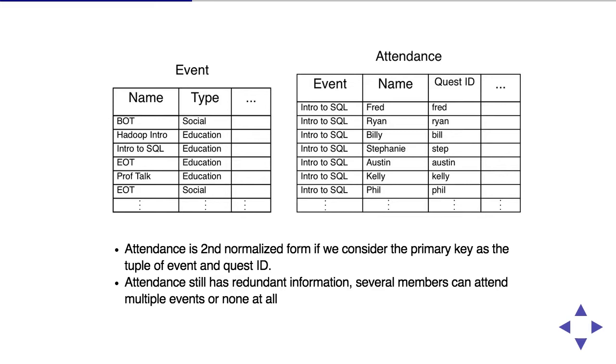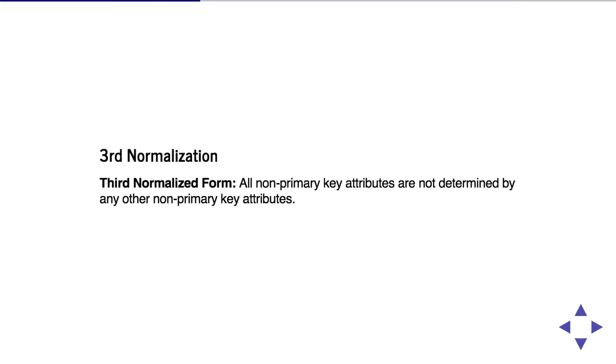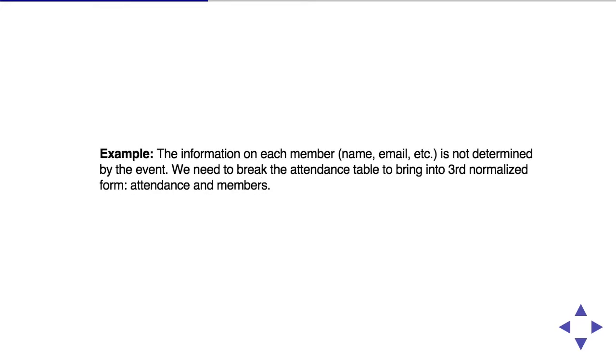Attendance is now in second normalized form, and we consider the primary key as the tuple. It still has redundant information, but we're going to take that to third normalized form, where all non-primary key attributes are not determined by any other non-primary keys. So if we bring it back, we basically break